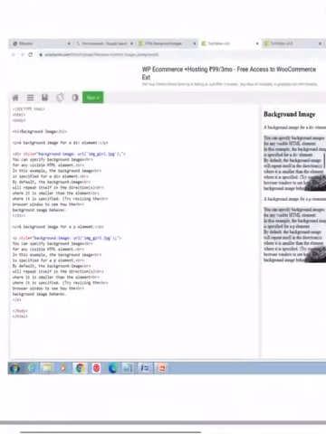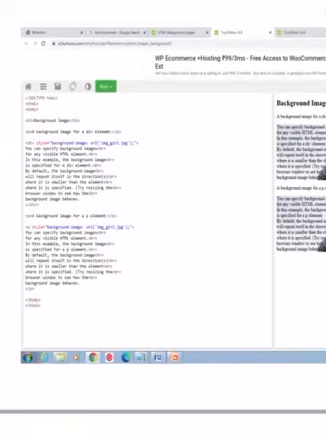Now see, this is the example. Background image, div style is equal to background-image. I have given a URL. This is the text we have written with the break tag. You can specify background images for any visible HTML element. In this example, the background image is specified for a div element. By default, the background image will repeat itself in the direction or directions where it is smaller than the element where it is specified. Resize the browser window to see how the background image behaves, and then close the div tag.